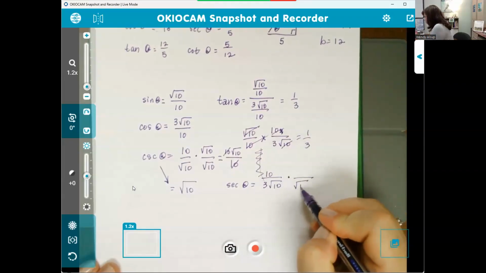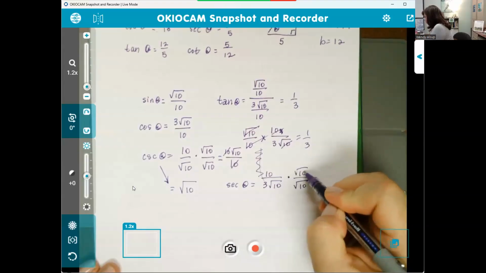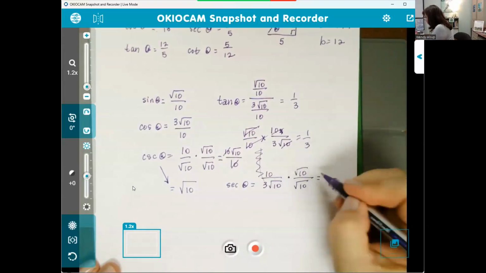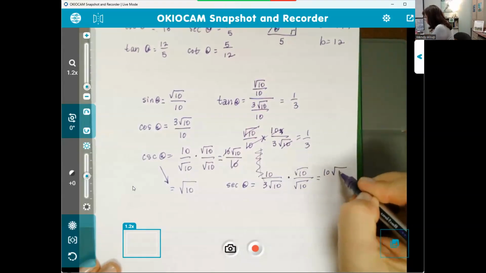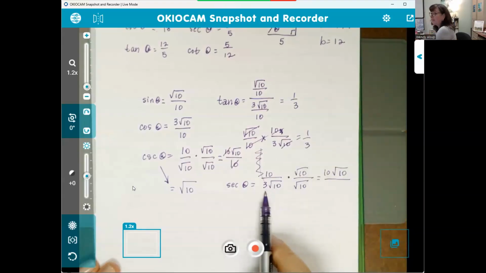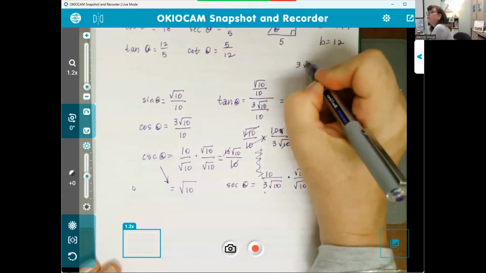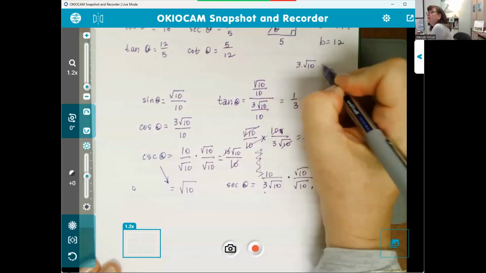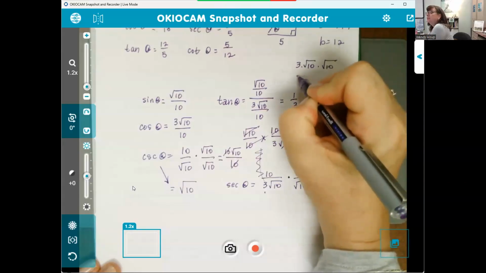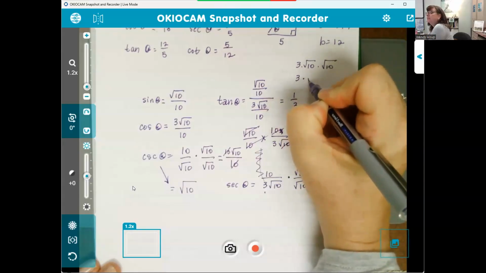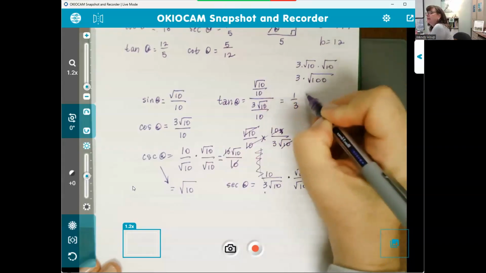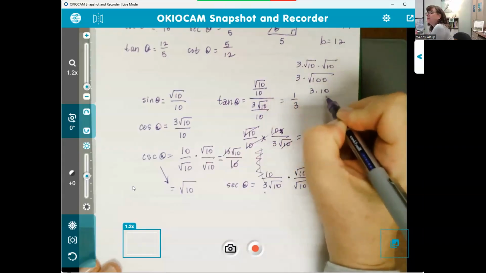We have to multiply the top and the bottom by root 10. Up top, that gives me 10 root 10. On the bottom, I have 3 times root 10 times root 10, which is 3 times the root of 100, which is 3 times 10,